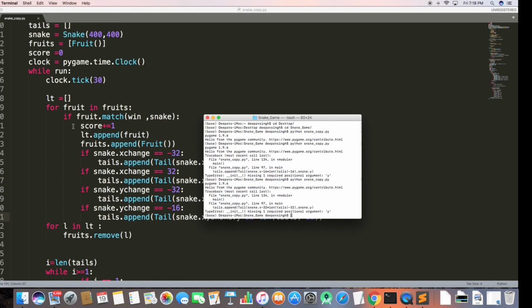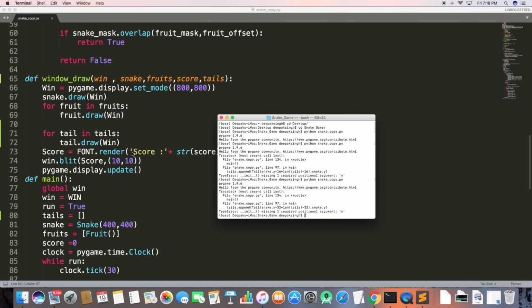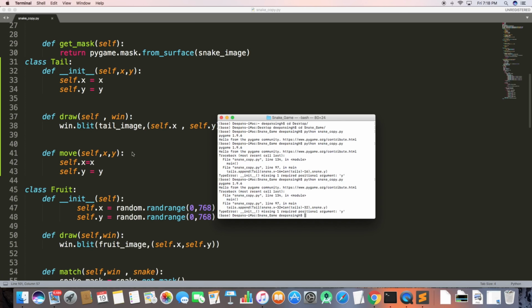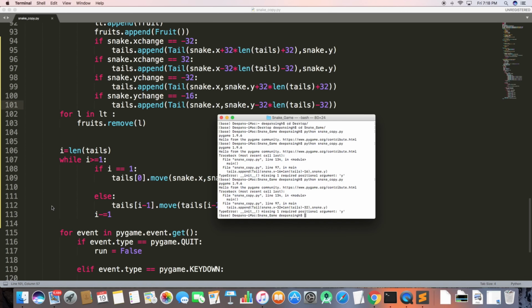Oh, what's the problem here? Missing I, is required position. Oh yeah. When I was passing the positions of my tail in the if condition, the parenthesis, the curly bracket should have both the x and the y position.